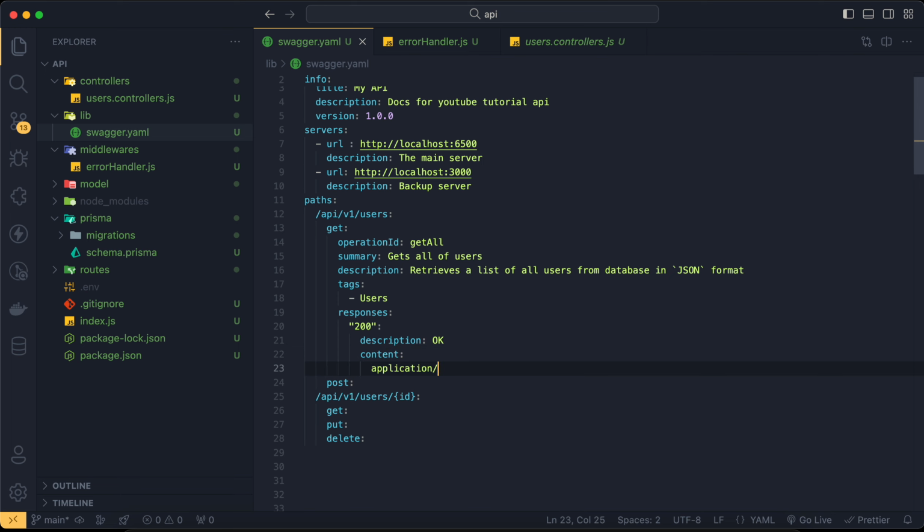Alright, and let's just provide an example. Oh, I'm sorry, this shouldn't really be here. This is not an error, that's my mistake. I mistook this with the 500 error. So this is the schema for our successful response. So let's say schema is type